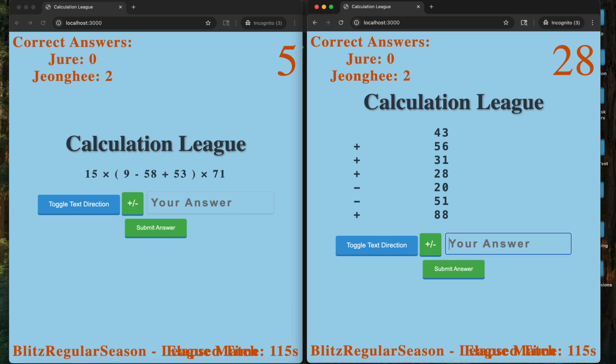One little note: the mini match ends when the timer expires and a